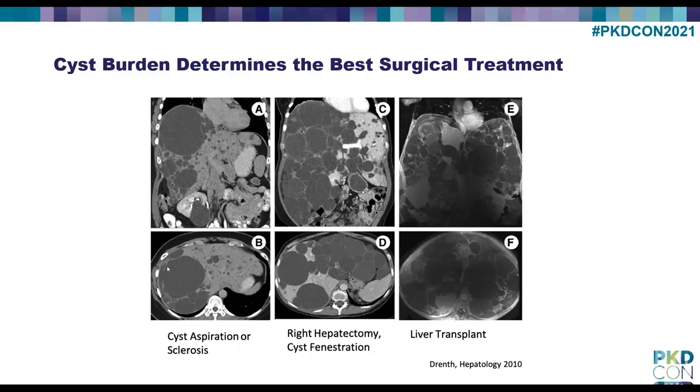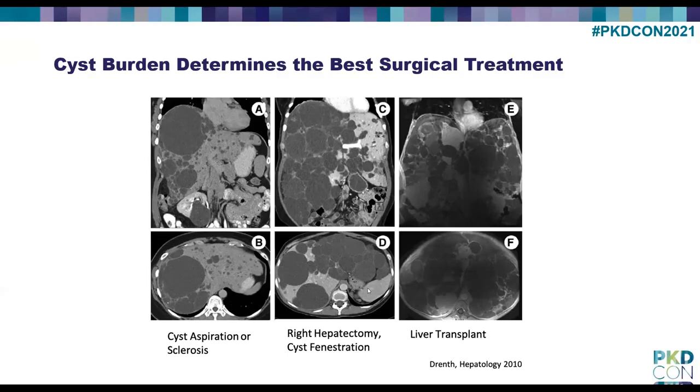So this patient would be a good candidate for cyst aspiration and/or sclerosis, where we would go in with a needle, drain the fluid out of that cyst, and then either leave it at that or put some kind of material in there to help keep the cyst from reforming. That's the sclerosis therapy. And they are doing some studies looking at foam sclerosis. That's a study that the Mayo had been doing.